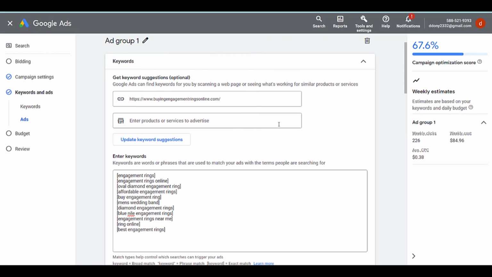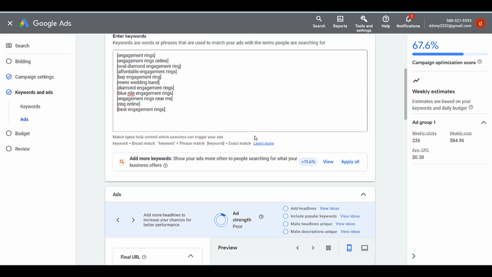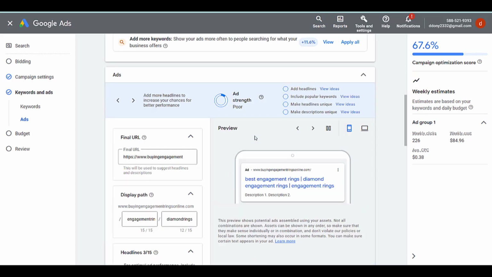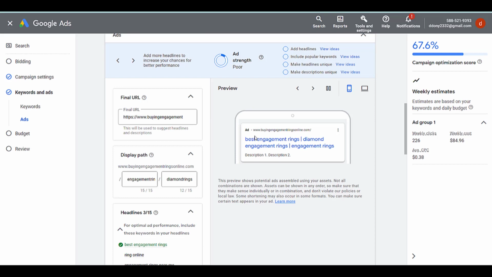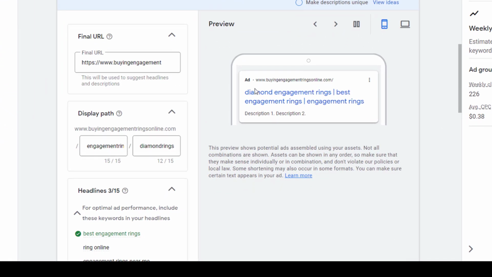Now we are going to scroll down here to our ads, and we are going to type in your final URL in here.